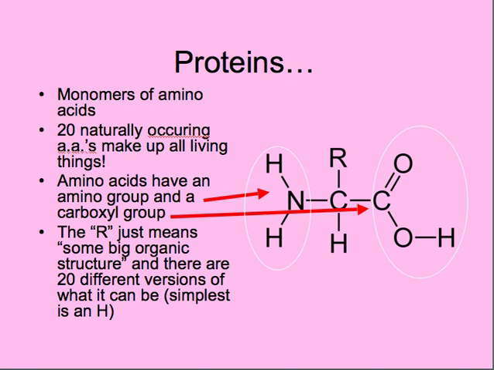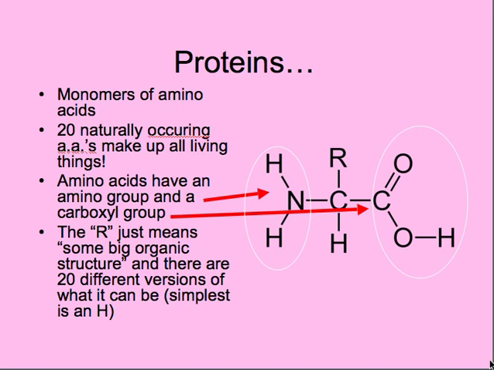So on the right you can see in the circle there's a carboxyl group. If you remember, a carboxyl group contains a carbon double bonded to an oxygen and then single bonded to another oxygen which is connected to a hydrogen. And all amino acids have a carboxyl group as part of their structure, and that's what makes them an acid. And then on the left part of the picture there is an amino group, which is a nitrogen with two hydrogens attached. In between those two functional groups is a single carbon, which is connected to one hydrogen, and an